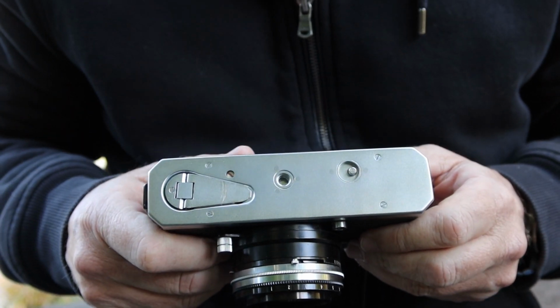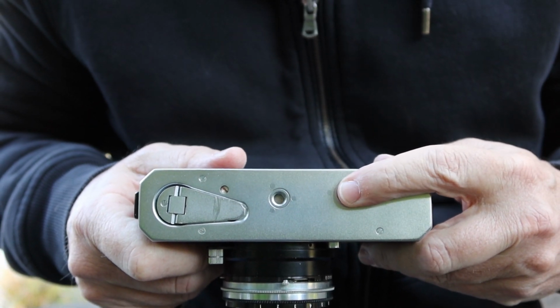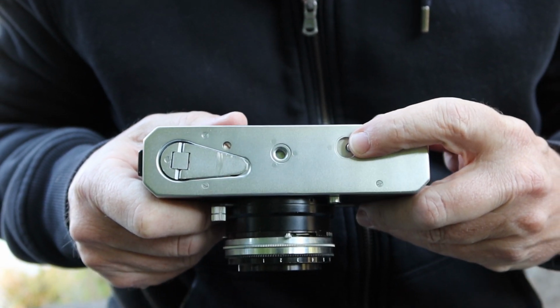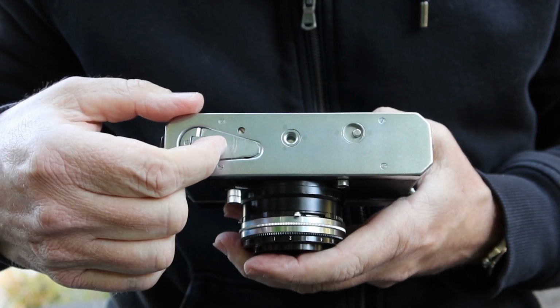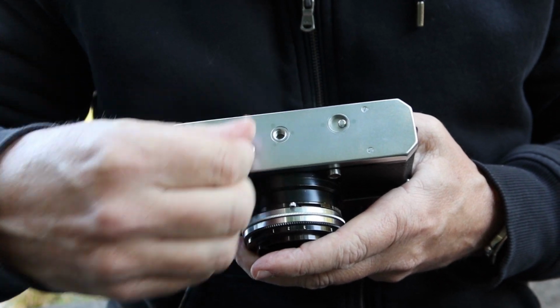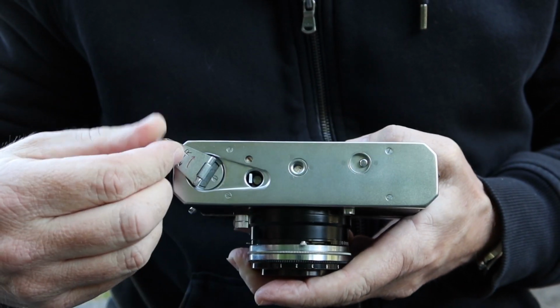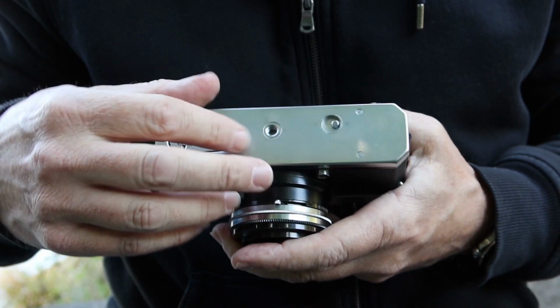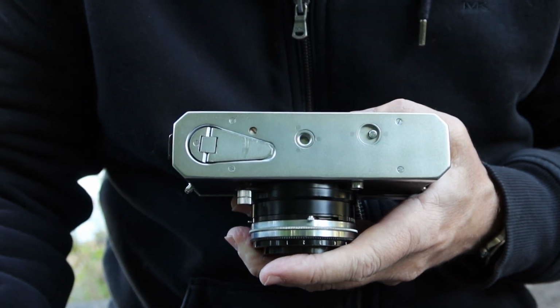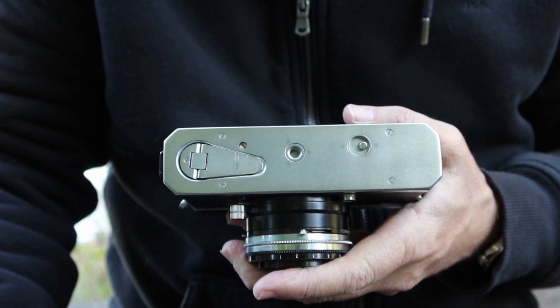On the bottom of the camera we have the release button, which you have to push in. This unlocks the winding mechanism and allows you to rewind the film. The film rewind lever is on this side, and you simply pop it out like so, and you turn it to rewind the film. It's kind of a gear-driven system, so it rewinds the film very quickly. And in the center here we have a standard 1/4-inch tripod socket,